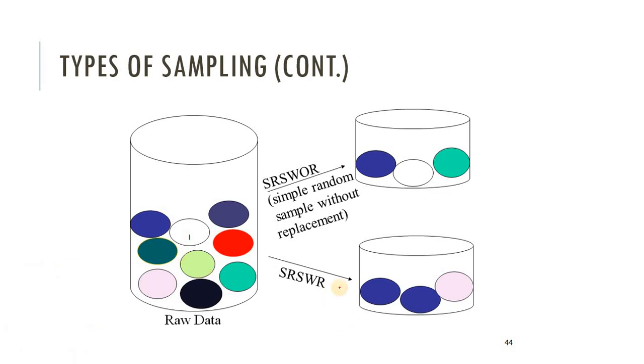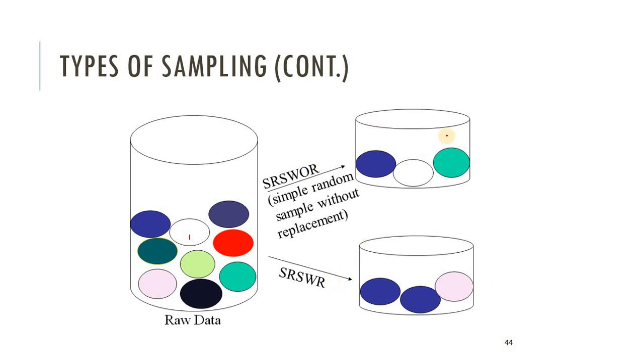Now the second technique is sampling with replacement. In sampling with replacement, we are not removing the data sample once we select it. Suppose we select a blue first, then I choose a white, then I choose this pink, then I again choose the blue, because we are not removing it from the data set. So I can choose this multiple times. So in this technique, the data sets are duplicated. The data set may be repeated.